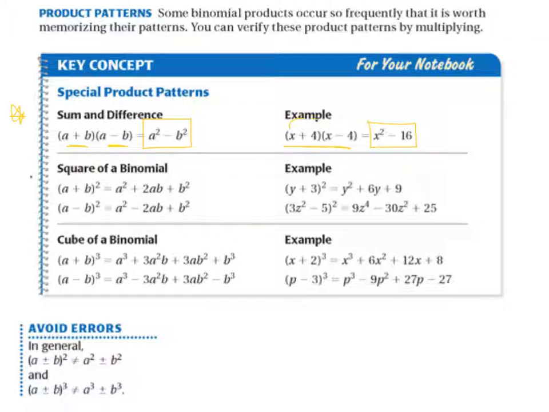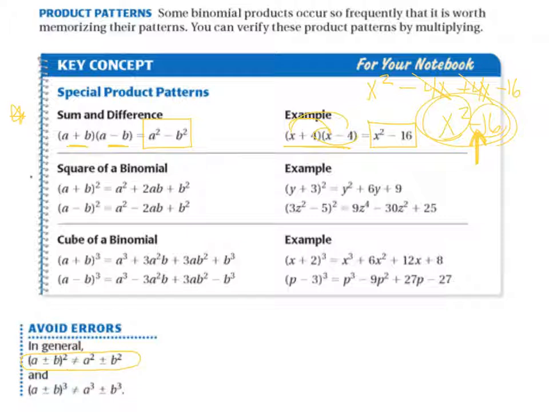But if I show you my work, I get x squared first, outer, inner, and last. We see we have a negative 4x and a positive 4x, which cancel out, and I'm left with x squared minus 16, which I call the difference, which is subtraction, of perfect squares. Cool? The square of a binomial, if you've got a squared plus b squared, please note down here,